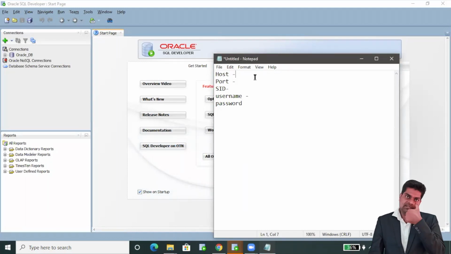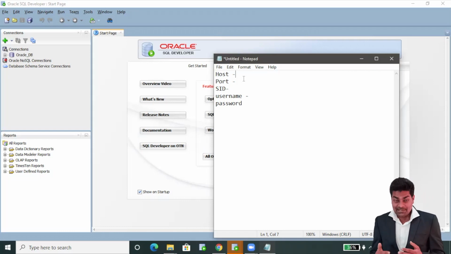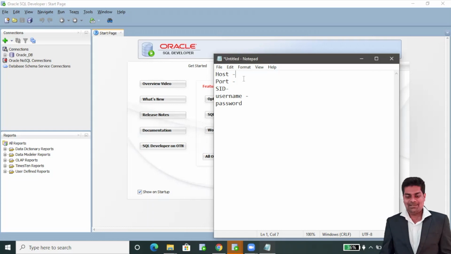In offices and industry, there is a different team like the DBA team. They provide all these database connection details, and we simply have to enter those details in SQL Developer or DBeaver, DbVisualizer and Toad, and we can easily connect with the database. But here, it's our responsibility to play the role of DBA, network admin, infrastructure admin. So the host name is localhost, meaning our machine name or computer name.